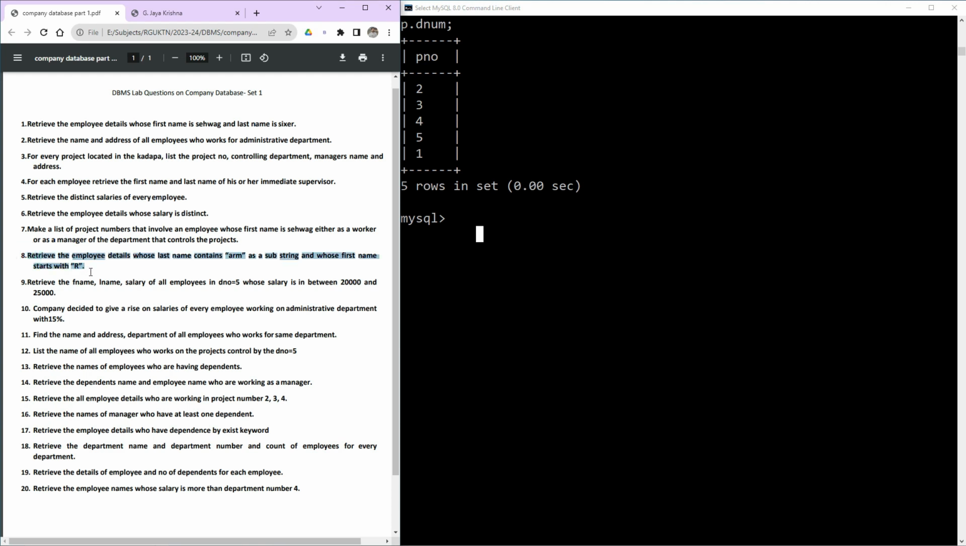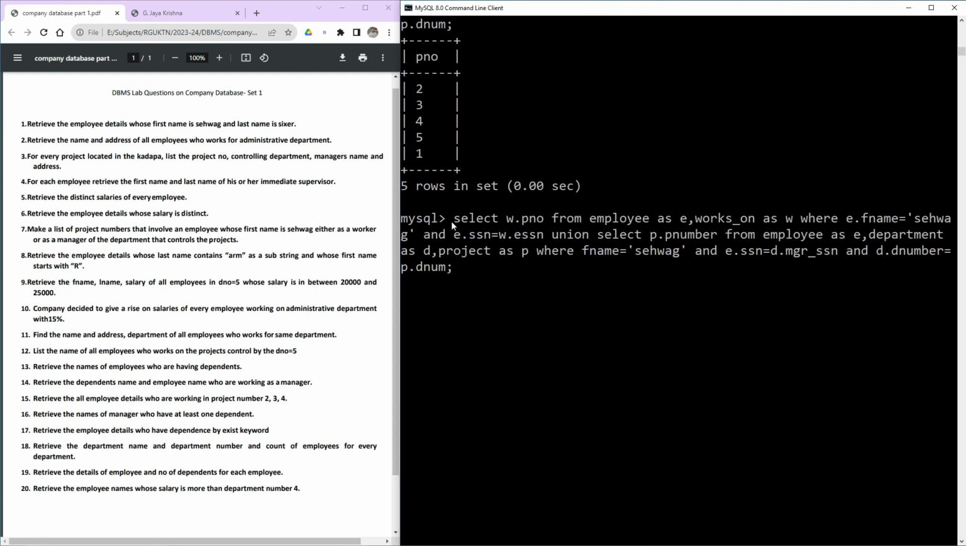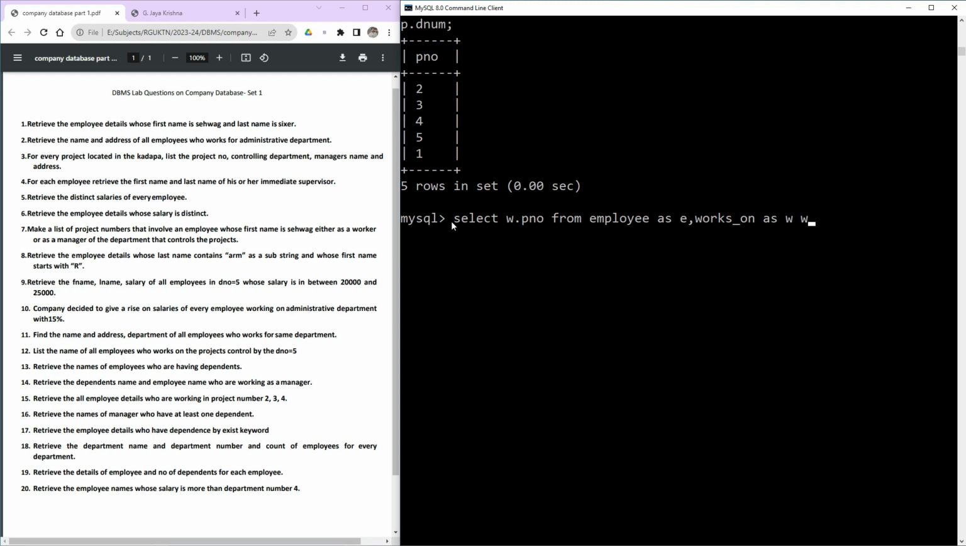Retrieve the employee details whose last name contains R as a substring and whose first name starts with R, right? You know the names are available in the employee table. Let me delete this. Yes, so select. What they are asking here is to print the persons whose last name contains R as a substring,